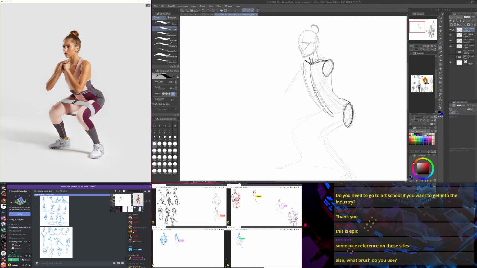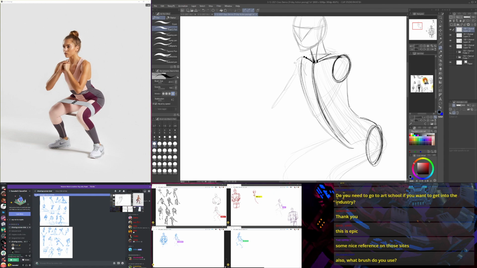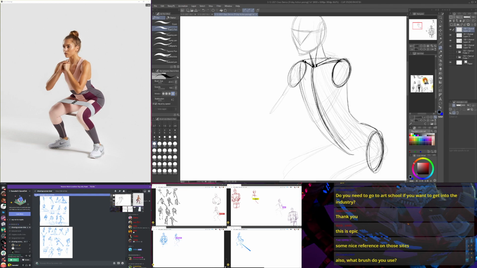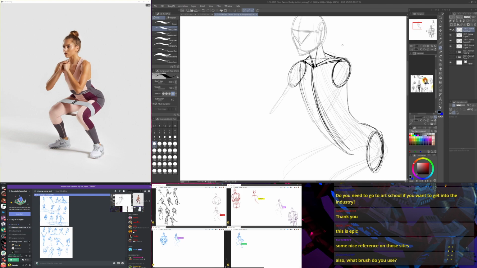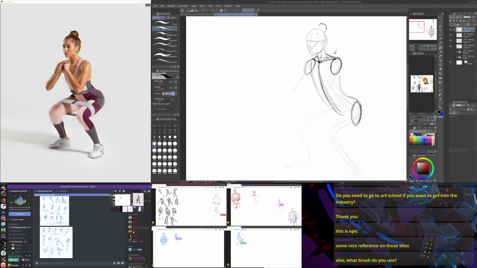Creating another ellipse that's going to indicate the shoulder here. Another ellipse over here for the other shoulder. Including that muscle around the back of the neck, the trapezius.